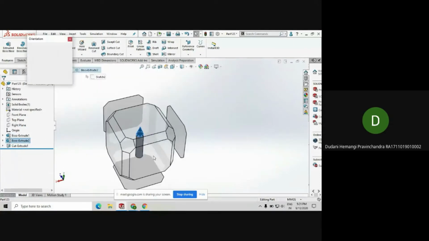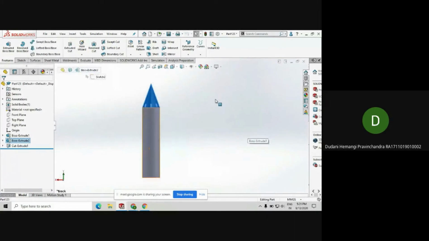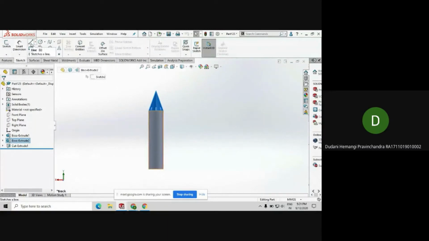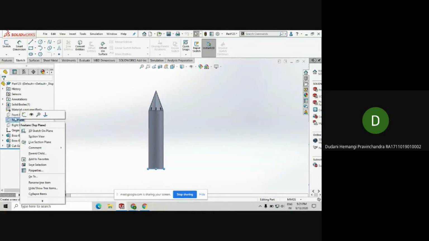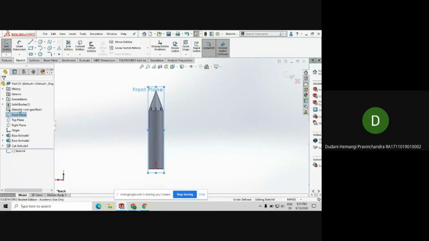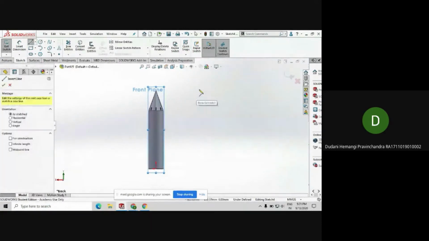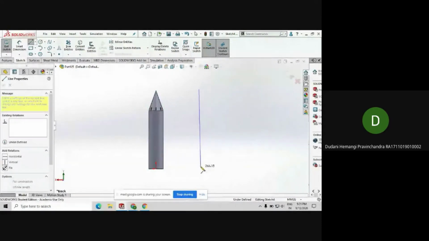Now, if I had to make this in one go, I can also do that. Just see this, the side view of this part, right? I can just create this sketch and revolve it around the center axis and create the whole part in one go. So first I'll go in any plane. I create a sketch, something like that, this one.